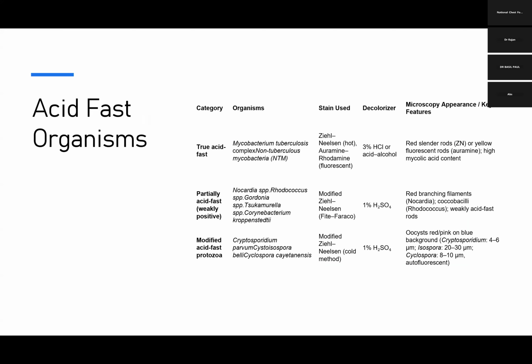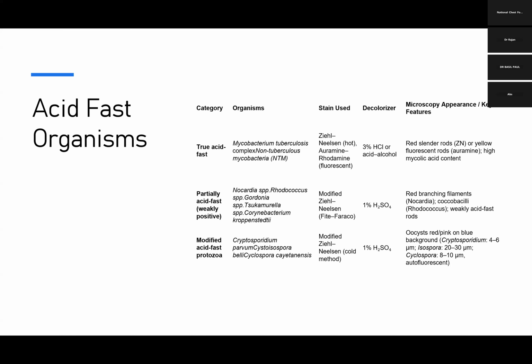Then TB is not the only acid-fast organism. There are other acid-fast organisms also present. So we divide them into three: the true acid-fast organism, partially acid-fast organism, and modified acid-fast protozoa. So in true acid-fast, we have Mycobacterium tuberculosis complex and non-tuberculous mycobacteria. In this, we use the ZN stain or the auramine rhodamine stain, and you decolorize with either acid, alcohol, or